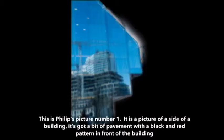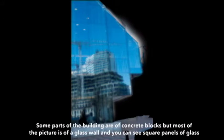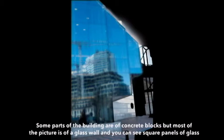Okay, this is Philip's picture number 1. It is a picture of a side of a building. It's got a bit of pavement with a black and red pattern in front of the building, and a little concrete wall in front of the building, which is probably less than a meter high. Some parts of the wall are concrete blocks, but most of the picture is of a glass wall, and you can see